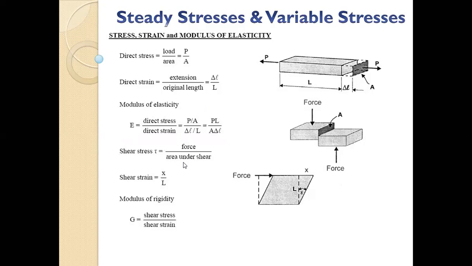I will have that formula in the next slide also. Delta L, the change in the length, is equal to PL upon AE, where P is load, L is original length, A is area of cross section, and E is modulus of elasticity. This E is fixed for one material. Okay. So this is the basic equation of the stress. So you should know what kind of stresses there are. This is one stress. Then there is another stress called shear stress. Okay, let's go to the next slide.